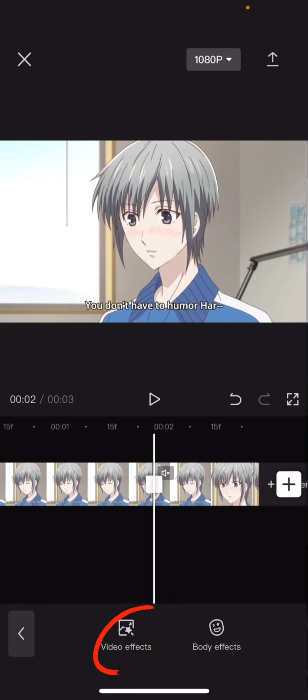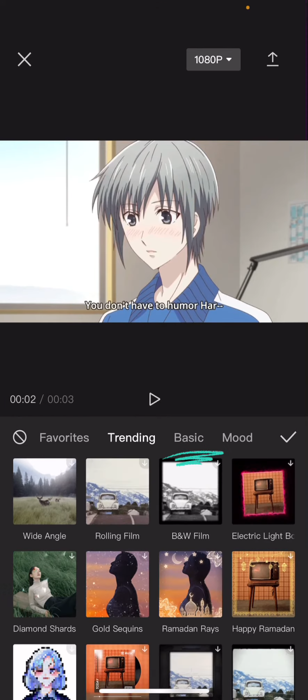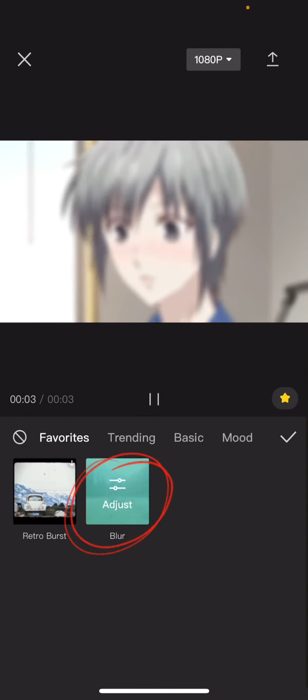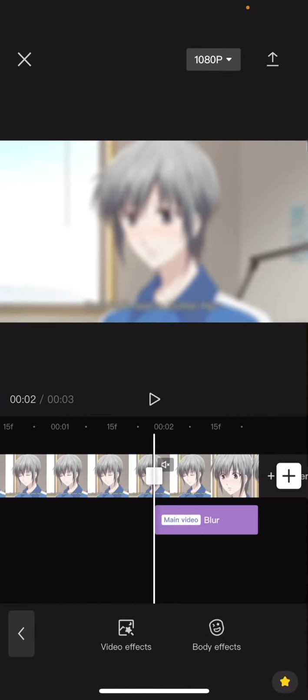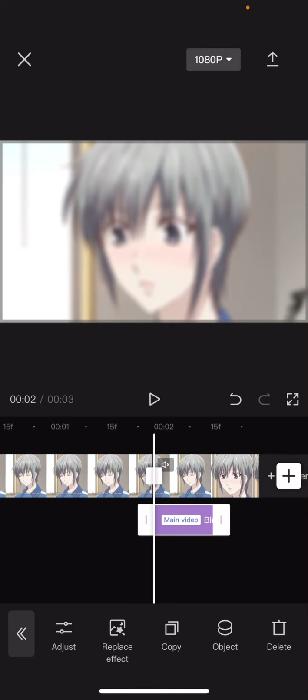Go to Effects, Video Effects, and it's under Basic, but I'm just going to go to Favorites and add in Blur and press the checkmark button. And I'm going to make it so it doesn't go all the way till the end. So around here,